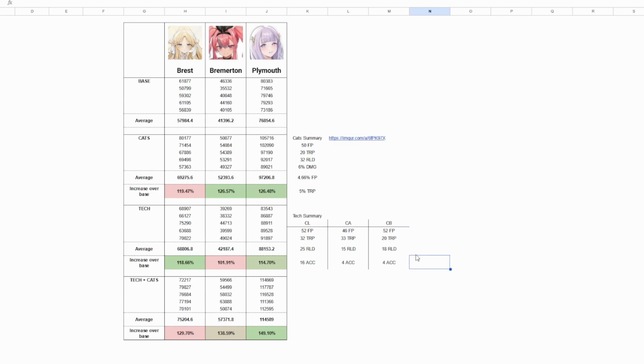You can clearly see that the tech bonuses are slightly lower than cats, so expectedly they will get a smaller increase. Surprisingly, Bremerton barely got an increase over base, but that's just due to RNG, and we will get another chance to see the impact of fleet tech in the last 5 runs, where I combine both fleet tech and